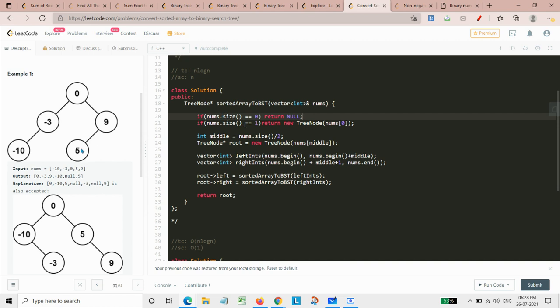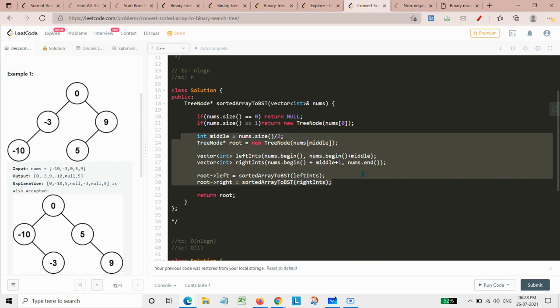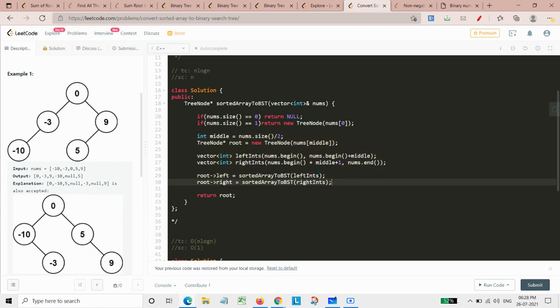So here the base case is simply when our initial array is empty, means its size is 0, then we need to return null. That is, there would be no tree out of that. So that's why we need to return null. And then if we are having an array which has just one element, we simply need to return the tree node itself, where the value would be nums of 0, that single element only. And then I'm simply doing binary search. This whole portion is simply like doing binary search on this array.